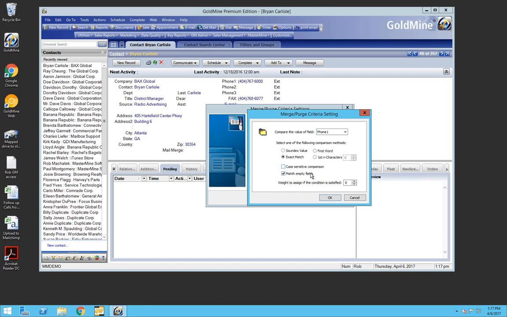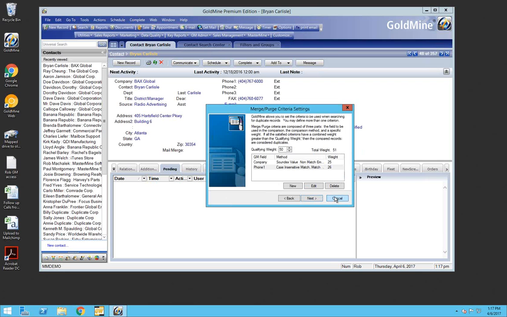Don't need to bother with case sensitive. Maybe include the possibility they might be empty, and we'll put a weight of 26 on that. My reason for doing this is that I want to create a situation where if the company sounds very similar and the phone number is an exact match, then those two will weigh more than 50. So we'll get a 51 on that,